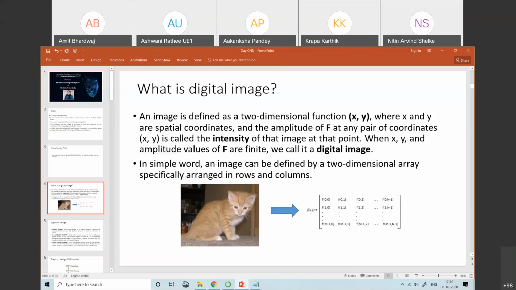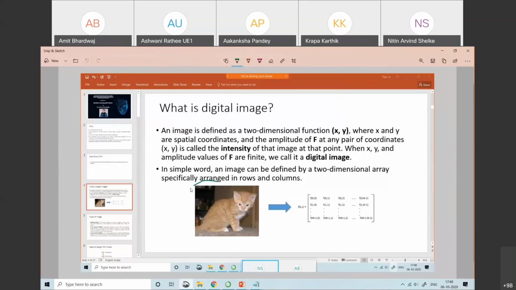Now let's start. So what is a digital image? A digital image is defined as a two-dimensional function f of x, y, where x and y are the spatial coordinates, and the amplitude of f at any pair of coordinates x, y is called the intensity. Already I told you, whatever image we have is represented in the form of a matrix.